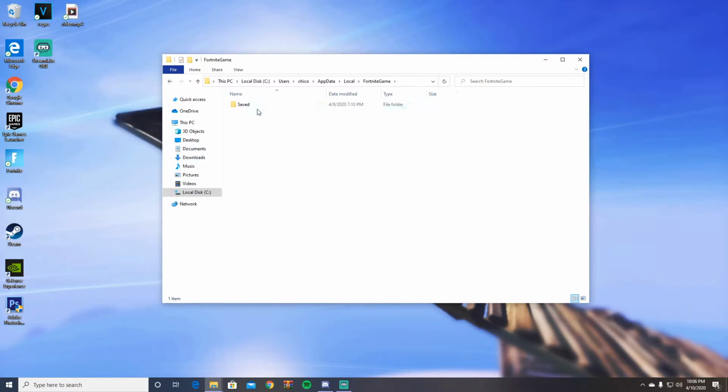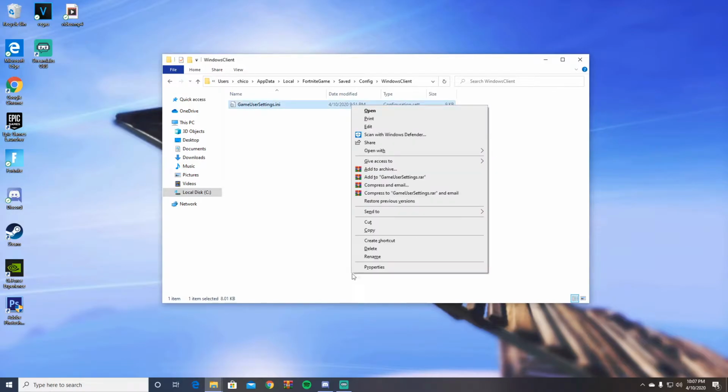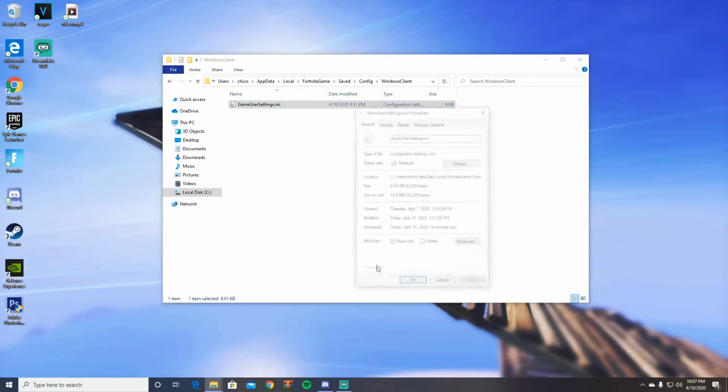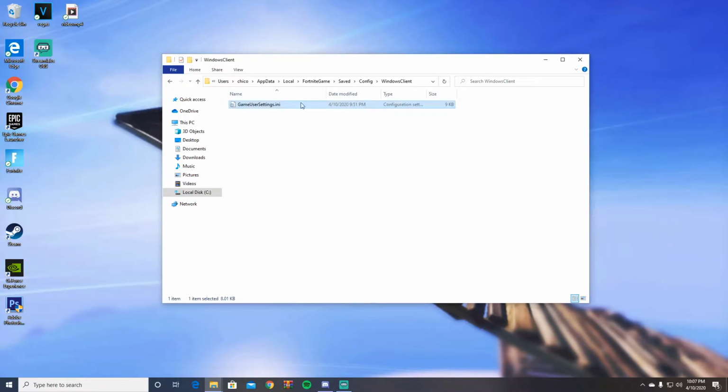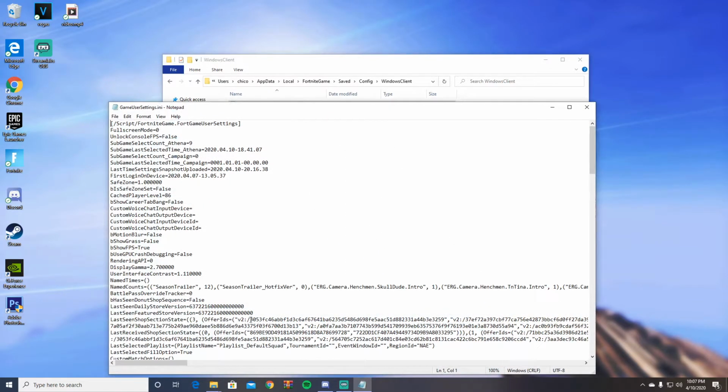You want to double click on that, go to Saved, then find Config, double click on that, then WindowsClient. Right here, don't go in there yet. What you want to do is right click on it and go to Properties. Down at the bottom of General it says Read-only. Make sure that's unchecked, then Apply and OK. Double click inside of it. Once you get to the screen, GameUserSettings,